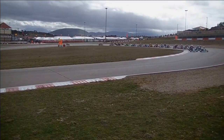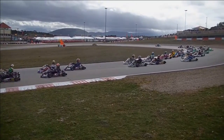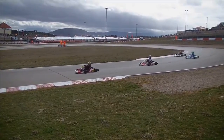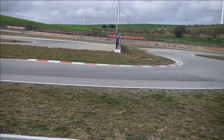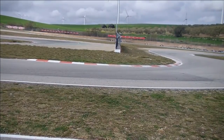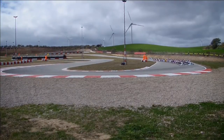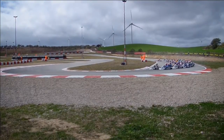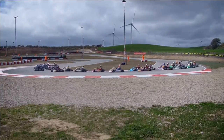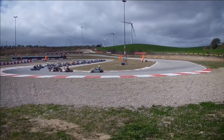You can see the camera there. It's just been blown around by the wind. That's the exit to turn 11, midway around the lap. And it's a really, really strong wind. It was pretty windy yesterday, but it's even worse today. But in the build-up to this weekend, there was a lot of talk about rain on Saturday, and it was almost inevitable. People thought that it was going to be wet today on Sunday, but actually we've barely had any rain, despite the overcast skies. Haven't had too much rain at all this weekend. We certainly haven't had a proper wet track in any of the racing. So it remains dry,